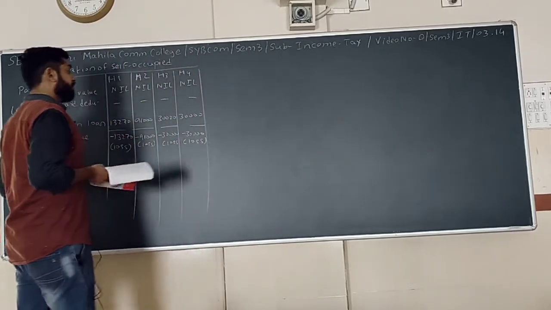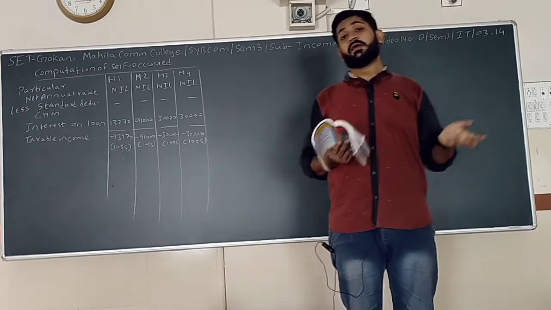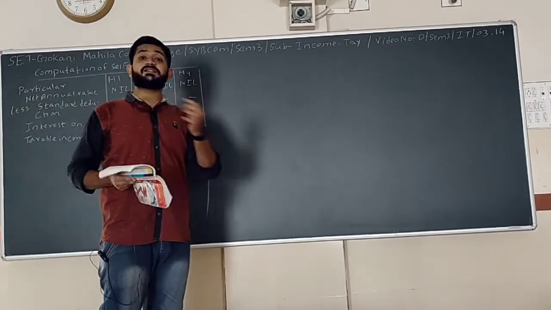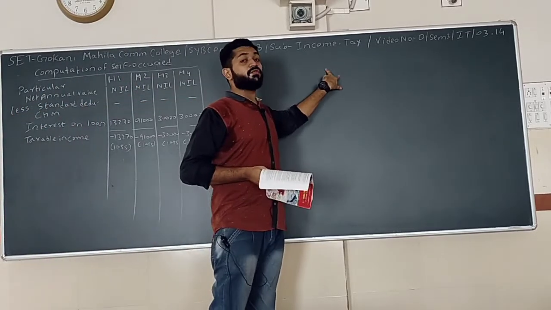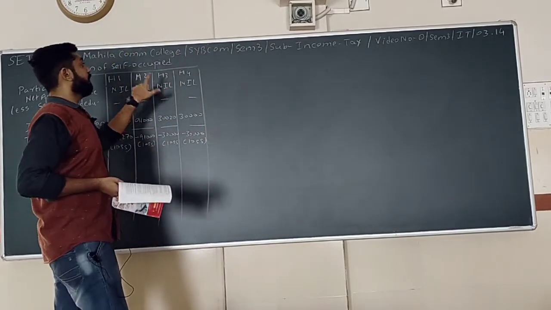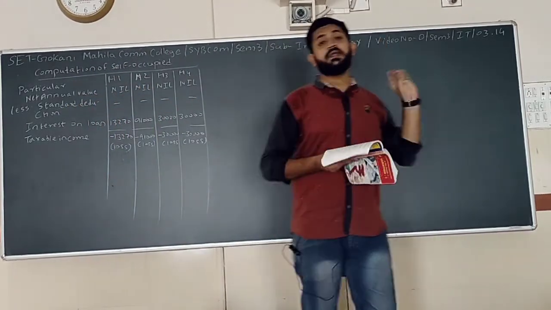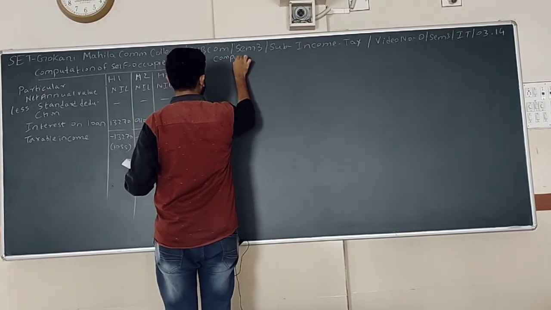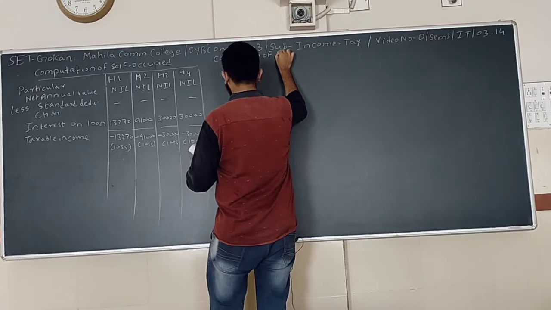So now the next thing we are going to solve is regarding all the houses we are assuming as deemed let-out. After that we will do the various combinations which we have discussed in the last lecture. So now house 1 and house 2 are self-occupied, and we will see from house 3 and house 4 of deemed let-out, what is the value of that. We will add that. Then again we will do house 1 and 3 and house 2 and 4. From that we are going to find out the value of the taxable income, which will be the least value. So now the second is computation of deemed let-out.